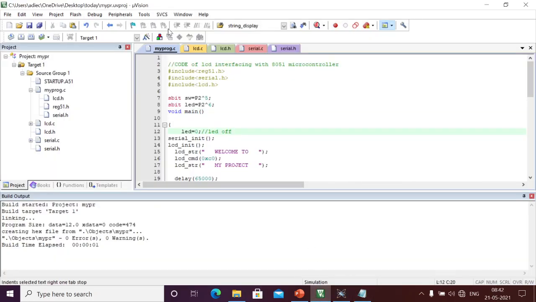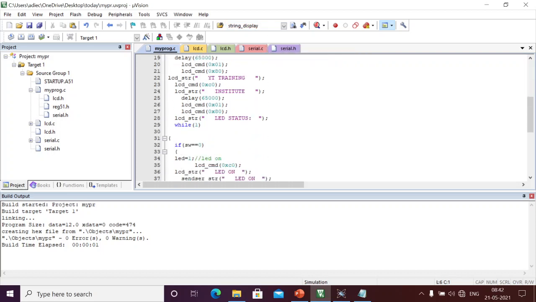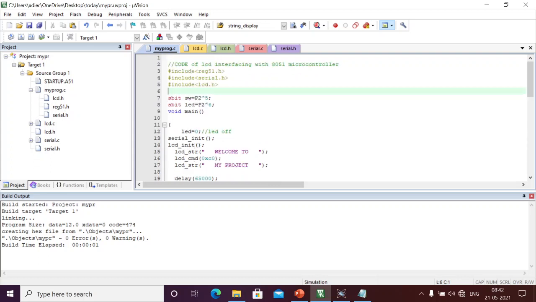Mainly, initially I took one project that contains complete functionality. Here we divided it into submodules: I divided the LCD and also the serial communication separately. And this we can write very easily. For example, if I want to implement another project that has the LCD as well as serial communication, I can include these header files and .c files directly. Why? Because initially the header files come from the libraries, this is an inbuilt library.